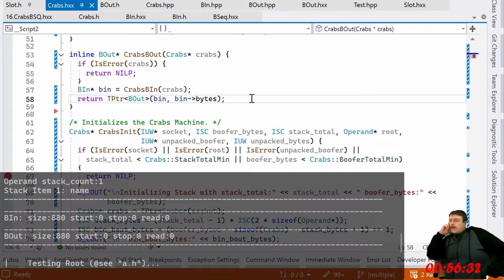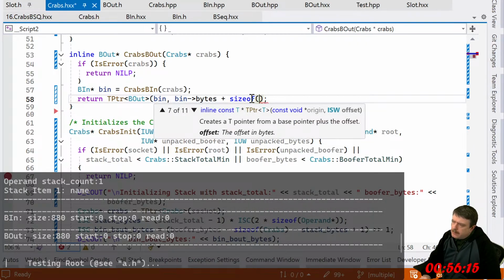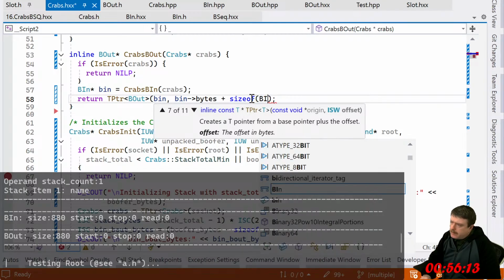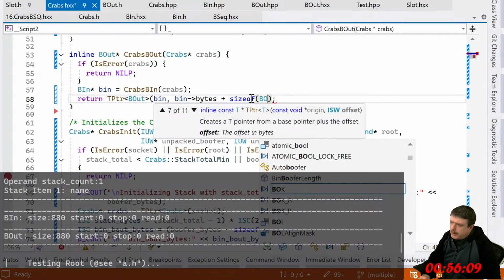Wouldn't I have to add back the... I'd have to add back the size of the header, right? What? B.